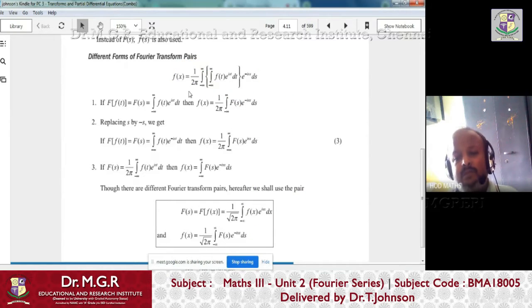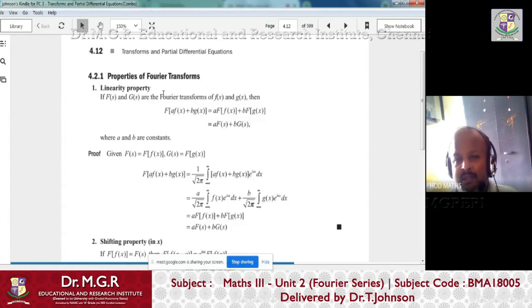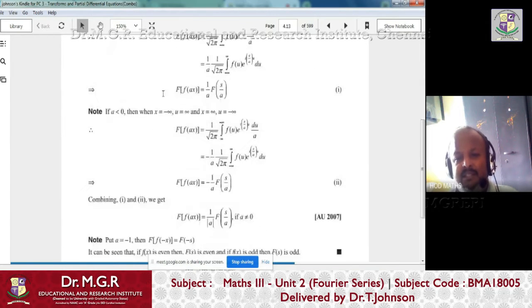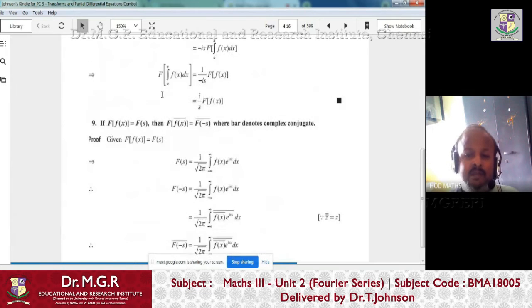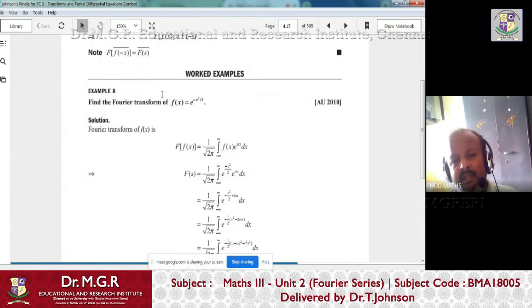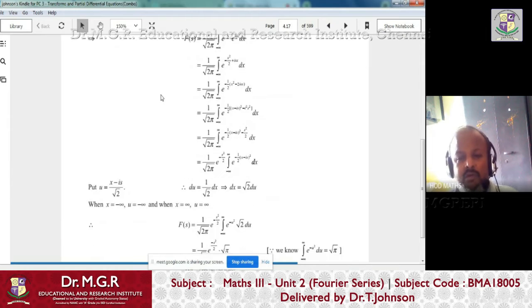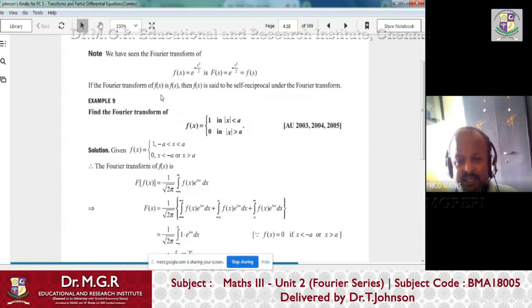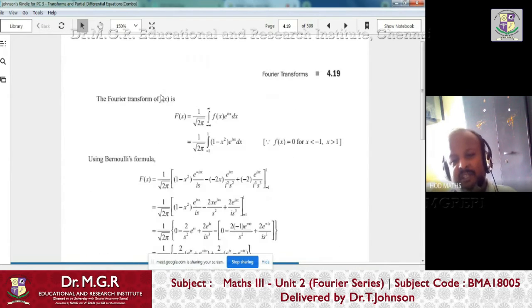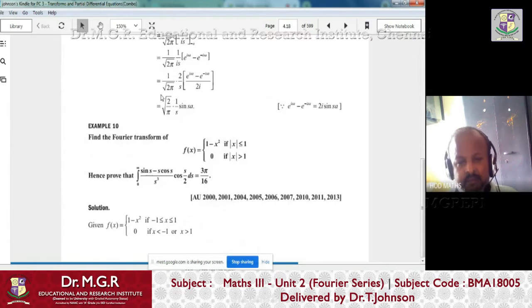Okay. So the only thing is you have to memorize this formula. There is no other way, right? You just memorize the formula because derivations are not needed. Once you memorize the formula, straight away you can apply the Fourier transform. There is no need to check whether it satisfies certain conditions or not. Straightforward problems will be given in the exams. Find the Fourier transform of some function they give. Then you can directly apply the formula.